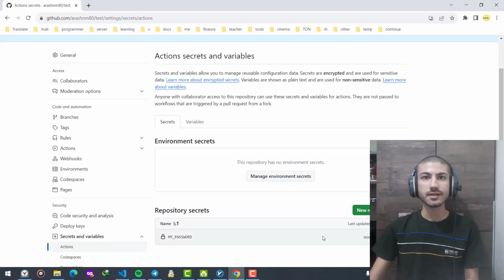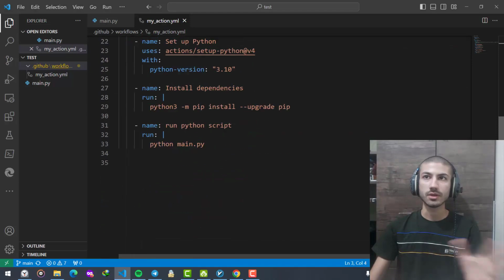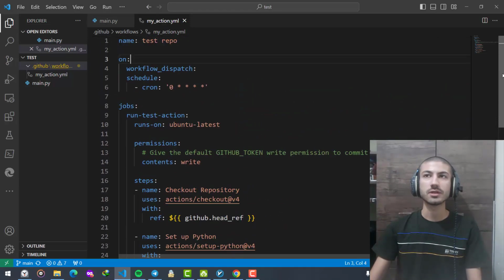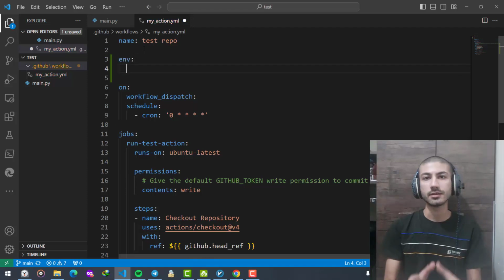I can use it very simply. I can go to the workflow for my repository, and it can be whatever you want. For example, this is a simple workflow that runs some Python script. I can simply add an env section in the middle of my YAML file for the action workflow, and inside that I write the name of my variable. For example, it was my password,